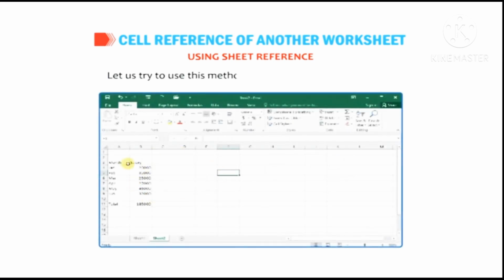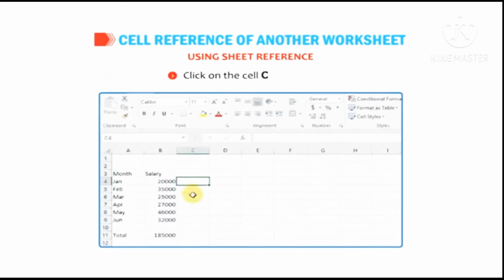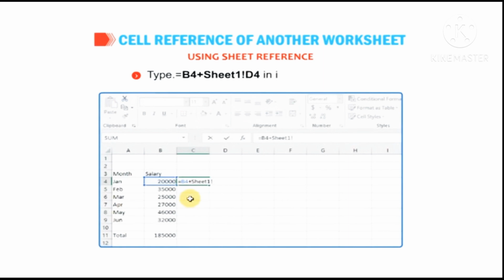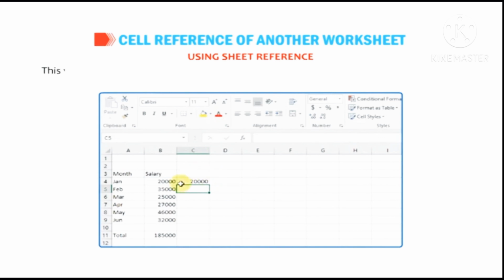Let us use this method to calculate the total salary. Click on C4 of Sheet 2, type equal B4 plus Sheet1!D4 in it and press Enter.